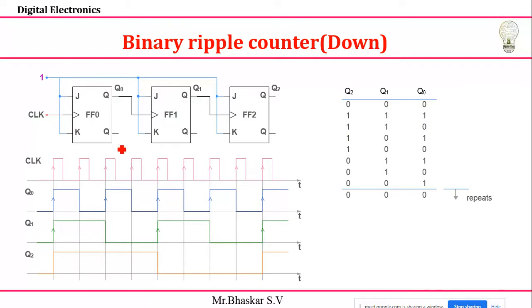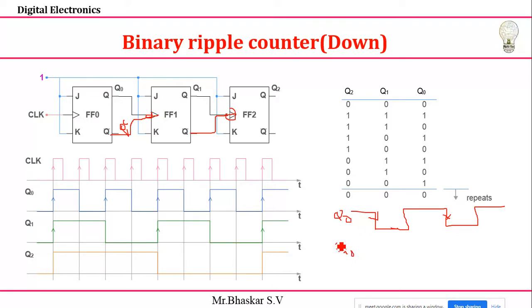But this concept I'm not going to use in one more clock circuit. Instead of that, I'm going to take a Q bar. I can use a Q bar, but I'm going to use a negative edge. So what is the meaning of that? Q bar is nothing but Q0 bar actually. So what you have to do? I'll get the Q0, not an issue for the negative edges. But for that negative edge, for example, I have 1 and 0, 1 and 0. So I'm going to take negative edges continuously, the falling edge. But for example, if you take Q0, it's not working for this, you need to take the complement of this one.